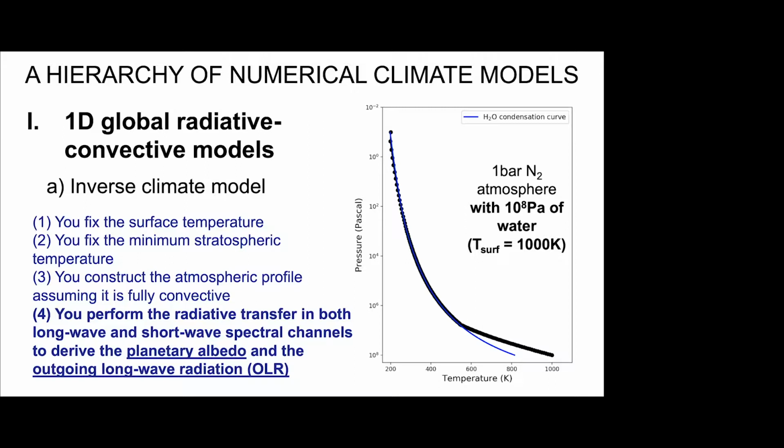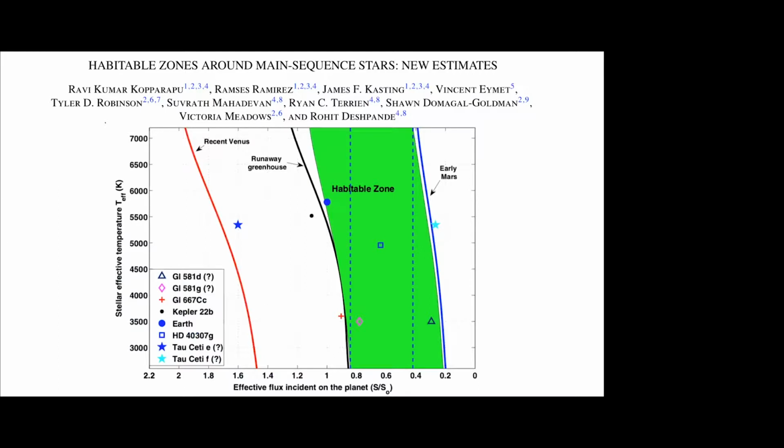And once you do that, you can compute the equilibrium irradiation at which your planet must be to be stable. So this is the first kind of model that has been used, for example, in two landmark papers. The first one is the paper by Ravi Kopparapu, in 2014, that computed the so-called habitable zone. And the second very interesting paper I had in mind was this paper by Caroline Morley that used that kind of approach, for example, to compute various synthetic spectra in the context of JWST observations.